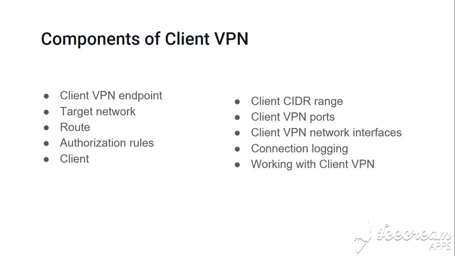Next one is route. Each client VPN endpoint has a route table that describes the available destination network routes. Each route in the route table specifies the path for traffic to specific resources or networks. Authorization rules. An authorization rule restricts the users who can access a network. So, for a specific network, you configure the Active Directory or identity provider group that is allowed access. Only